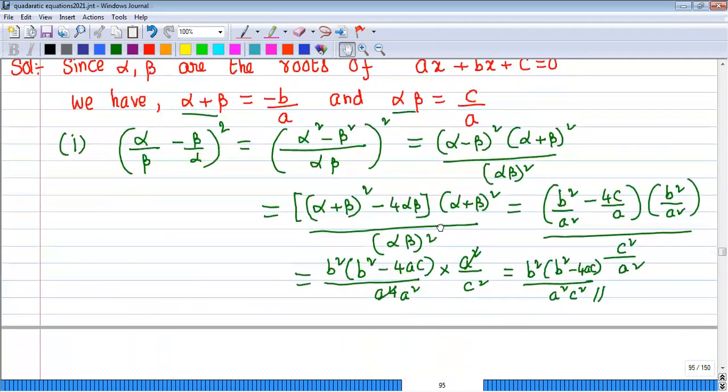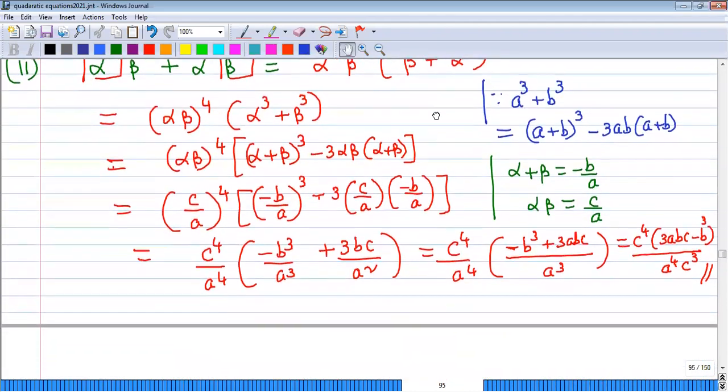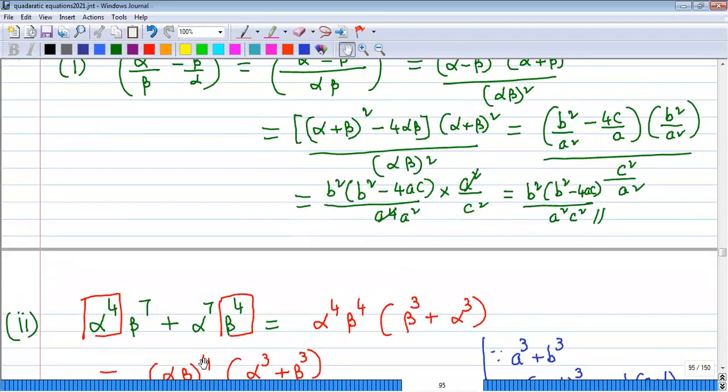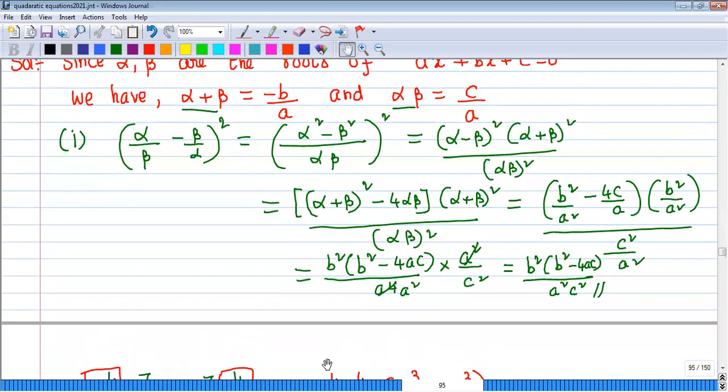In denominator, we should get a power 7, no, sir. Yes, sir. A power 7. Right. Because a power 4 multiplied with a cube, that is a power 7. Yes, Nana, absolutely correct. A power 4 plus 3, a power 7. In previous problem also, you wrote wrong, sir. Yes, sir. How? In denominator, a power 4, sir. If a square cancels, a power 4 will be, no, sir.